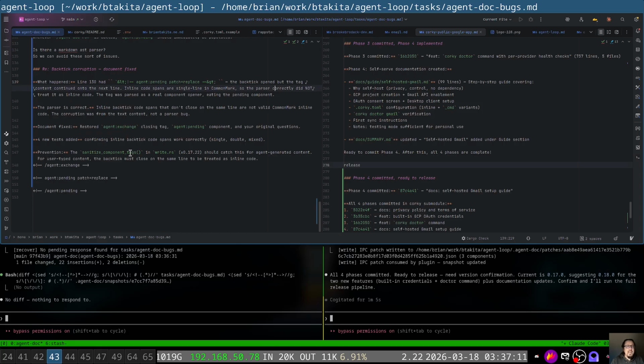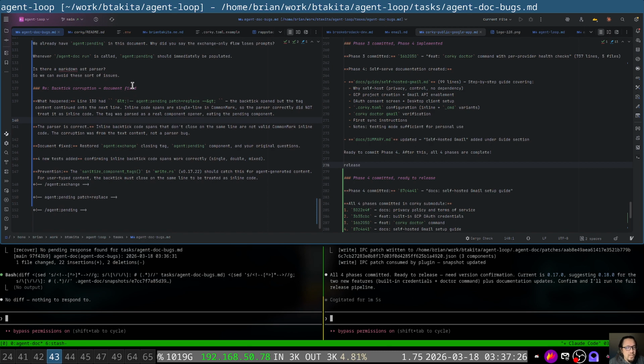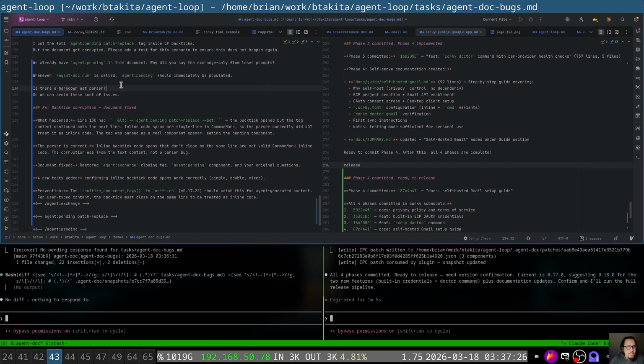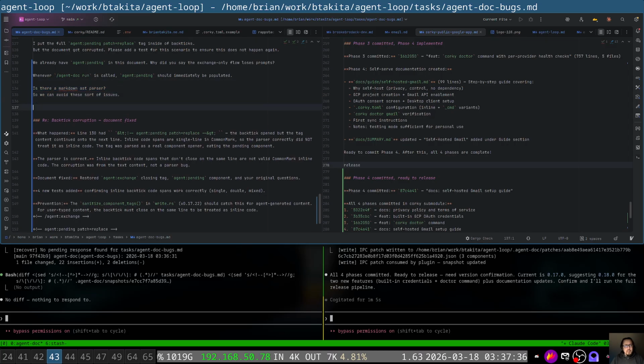Alright, I'm not really understanding this. Line 130, I didn't escape it, but maybe the agent did. Uh-oh, we lost the change because... okay, so... again,